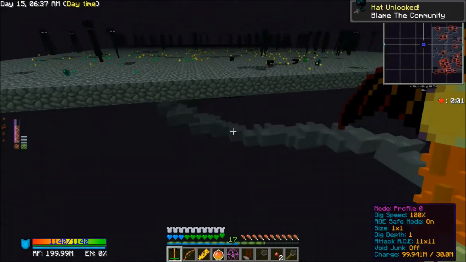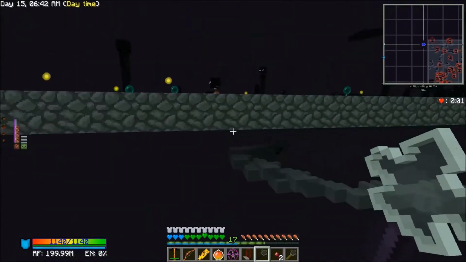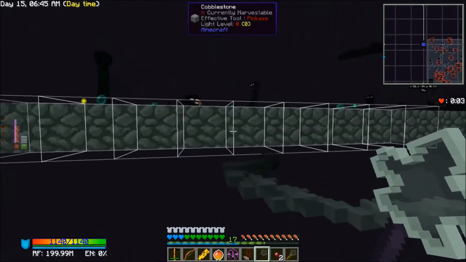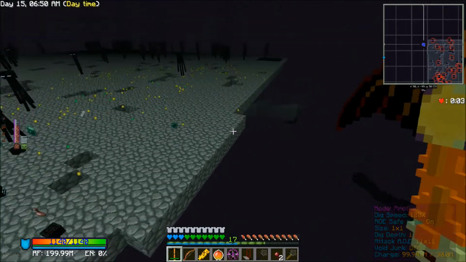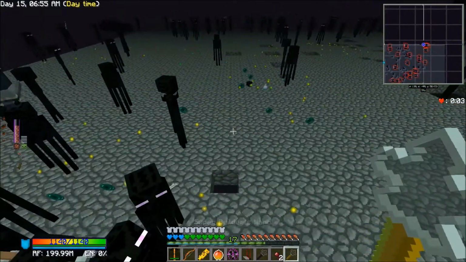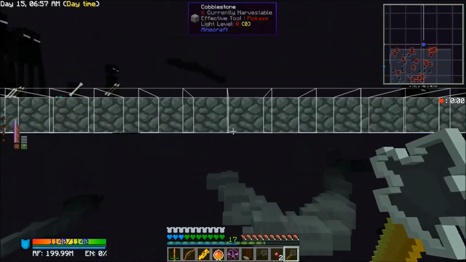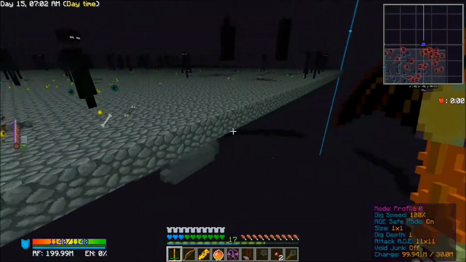sorry about that. If we use our builder's wand, you'll notice that if we were to come over here and build out a section, at best it's only going to do that small little chunk. So it's not really ideal. Now the super builder's wand, if we come over here and build out a section, you'll notice that it ran all the way from there,